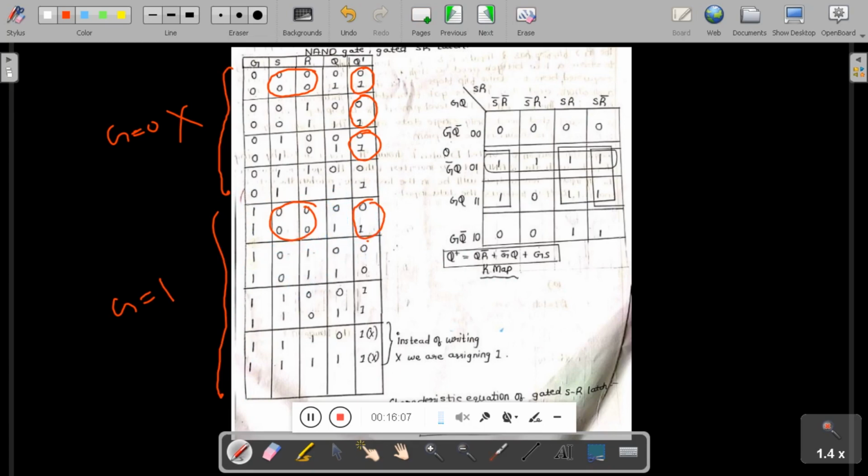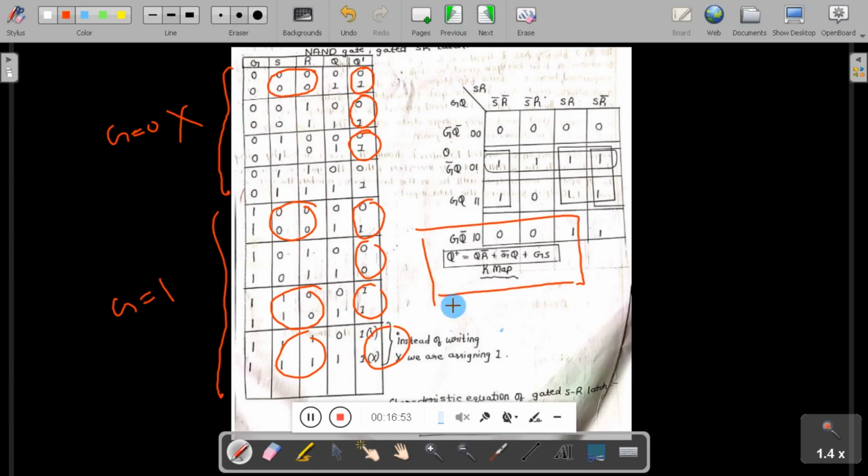If it is 0 and 1, the output is 0 irrespective of the last state. If S and R are 1 and 0, the output is set to 1 irrespective of the last state. And if it is 1 and 1, the output is in the forbidden condition irrespective of the last state. So now all these things we have to represent in a 4 variable truth table. As I explained for the 3 variable case, you have to represent it like this only. Then finally you have to use a K-map, and by using a 4 variable K-map and after grouping,